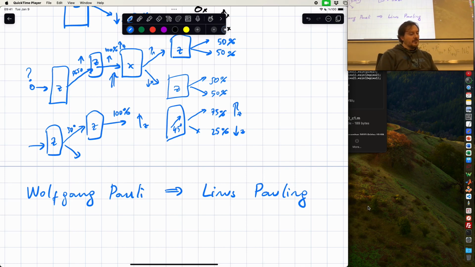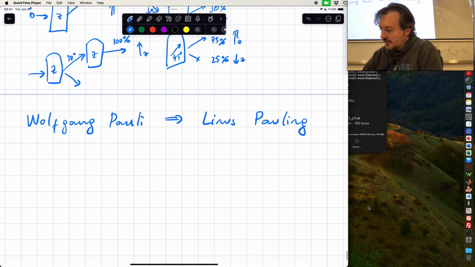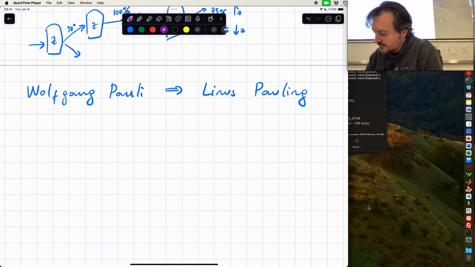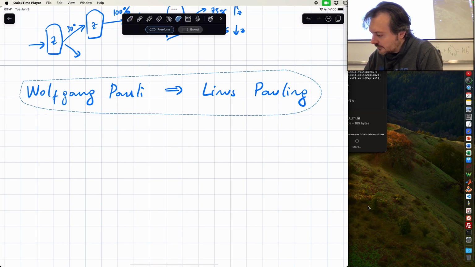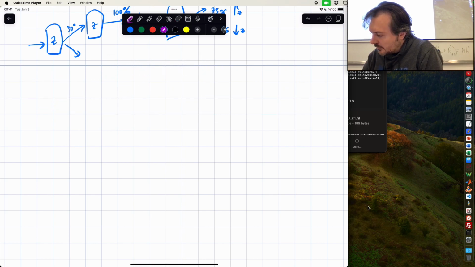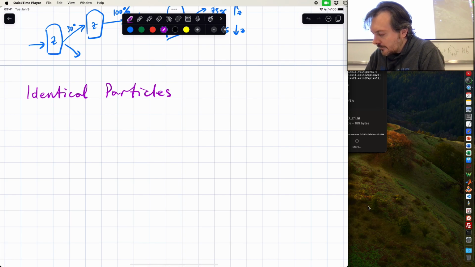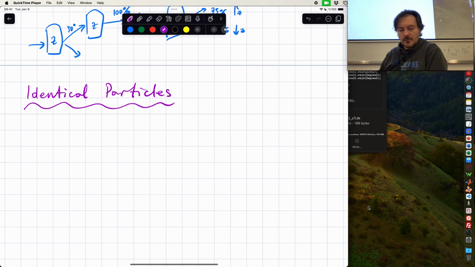And we can start with the new topic. Okay? So, what is the new topic? I can erase this. The new topic is identical particles. Okay, so it is